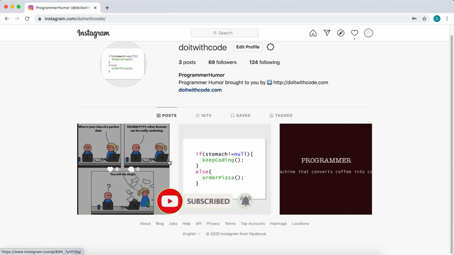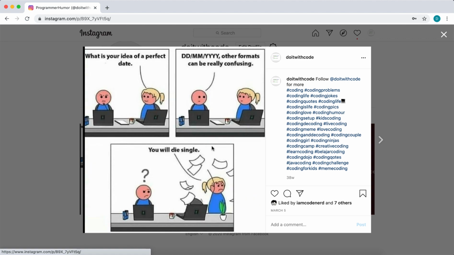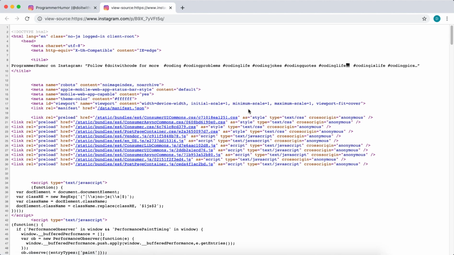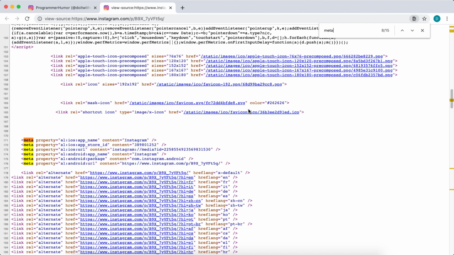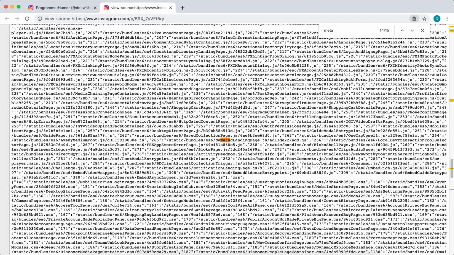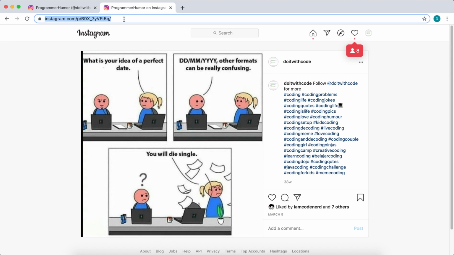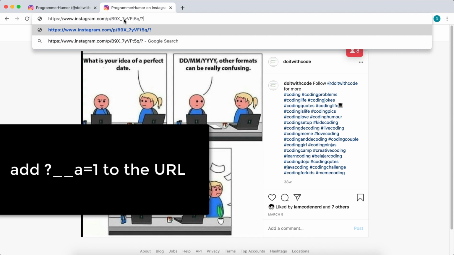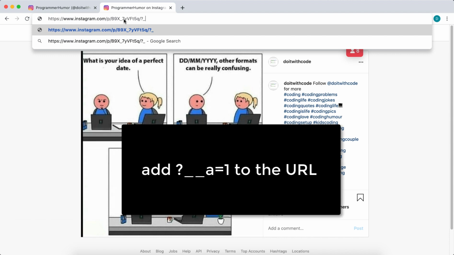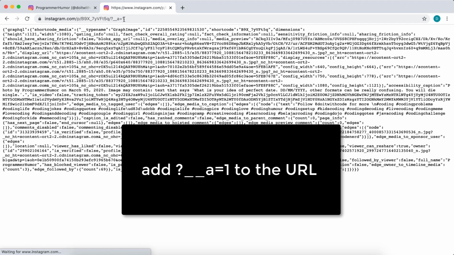In a previous tutorial, we looked at how to scrape posts from Instagram using Selenium, and this was based on meta tags. This method no longer works, unfortunately. We can, however, get the JSON for each post and use that information to download the image or video. Now, to get the JSON for a post, you simply append